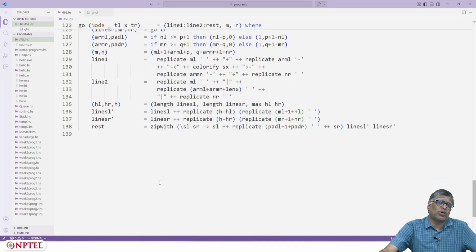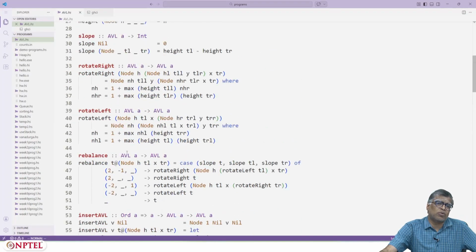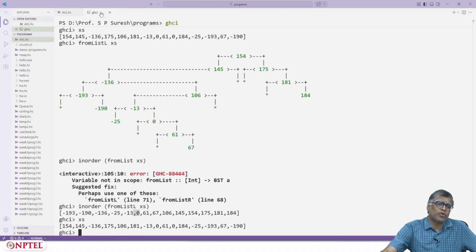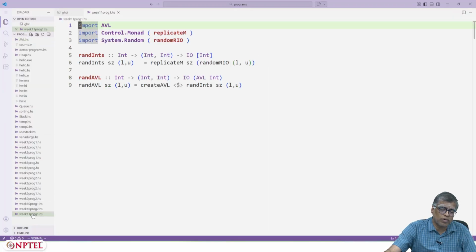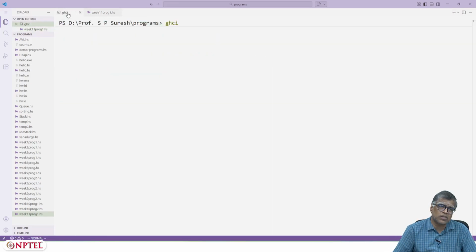The rest of the things are about displaying a tree, but the point is now I have to show you what happens if you insert into this thing. So let's, I have another file here called v11. Yeah, here I am actually able to use AVL. I have this rand ints etc. installed here, and I also have a rand AVL method. So I will first show you this rand ints.